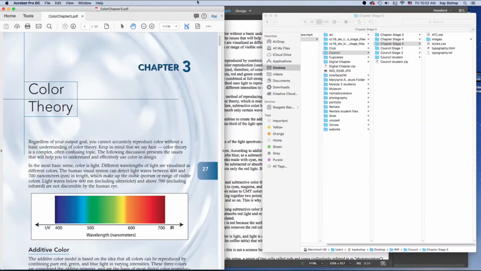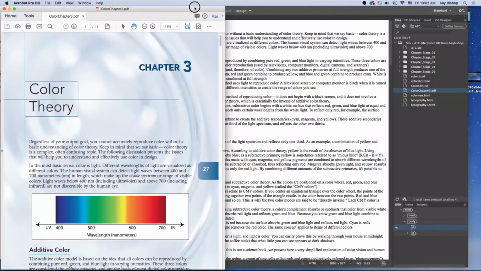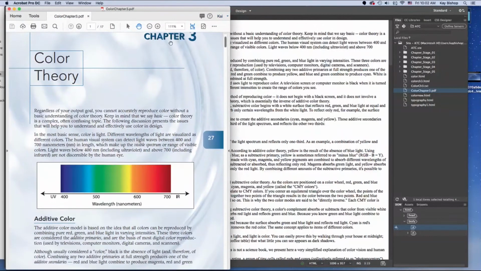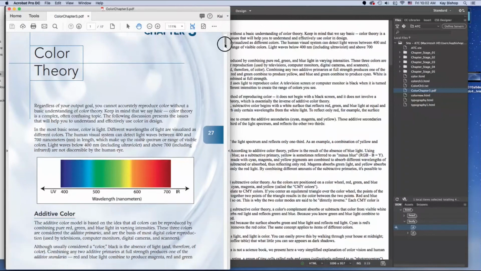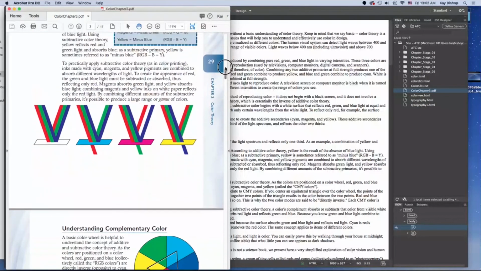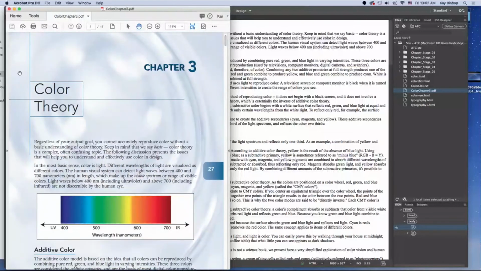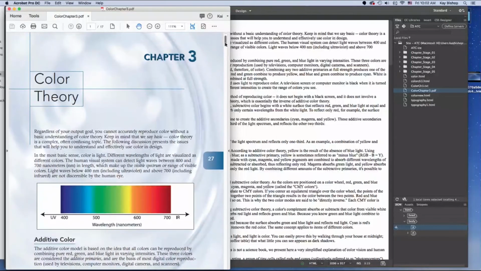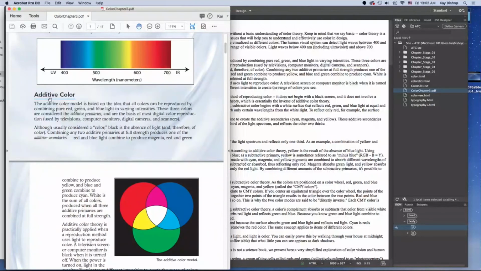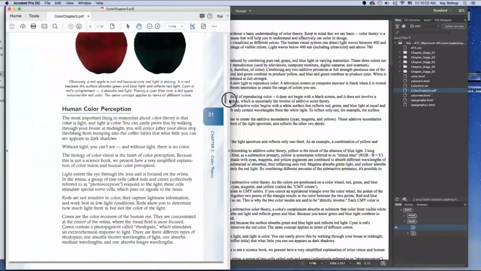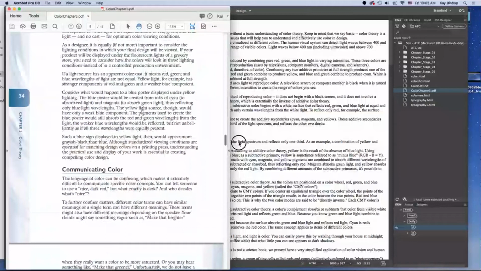The color chapter 3 PDF file has been provided for your Portfolio Builder project, so this is your homework. So now you're going to take the text from this PDF file and format it using the headings and subheadings just like you did with that typography text. So you can name it color theory, then you can go through and assign the H1 heading for your title, color theory, then assign H2 for your subheadings, then for your second set of subheadings you can assign it